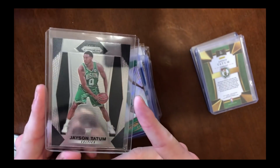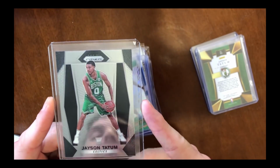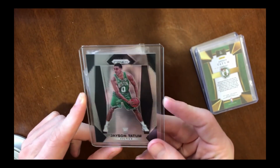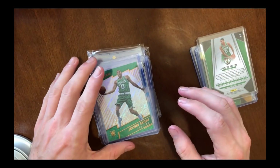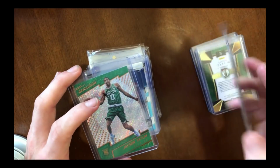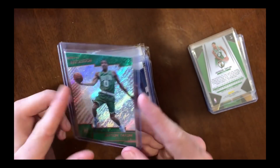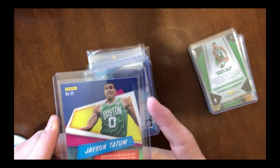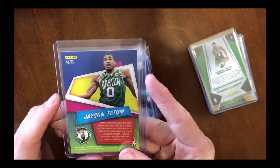This card was described as mint, very clean, but the entire surface just has those swirly scratches on it. So at this point, I don't even know if I can buy any more Tatum Prisms because everything is just damaged. Let's see. So this Jayson Tatum just has a lot of edge wear on the back,